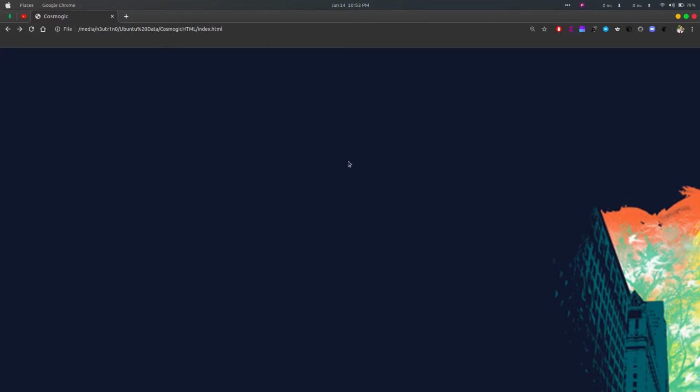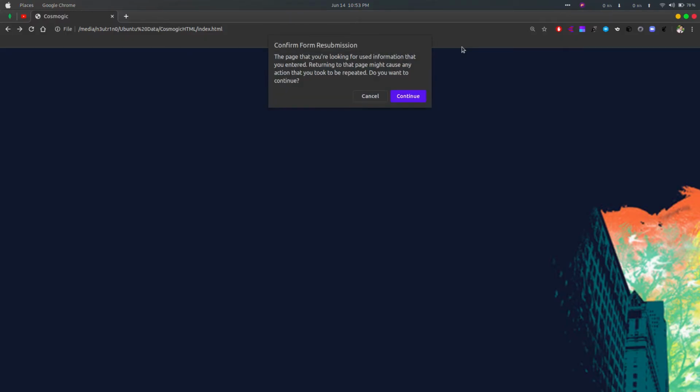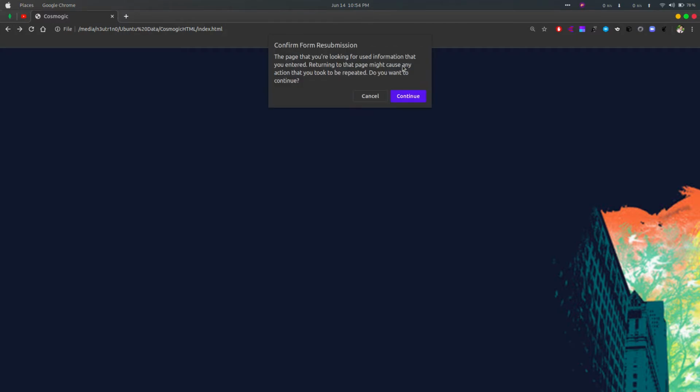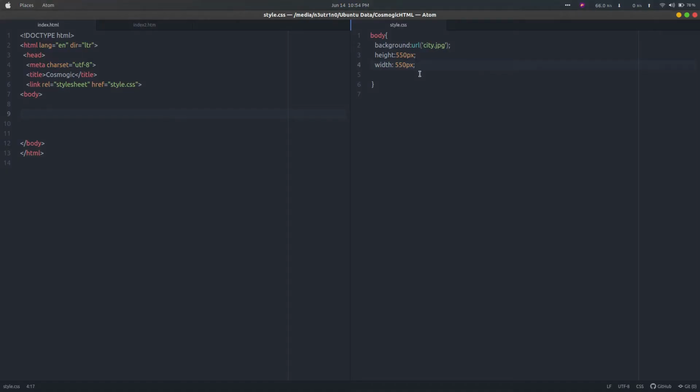Save it, refresh it. Now you can see it's again not scrolling because we haven't given the height and width, as it's taking the image size. So I will give 550 pixels here also, 550 pixels. Save it, refresh it. You can see now the scrolling part is coming.